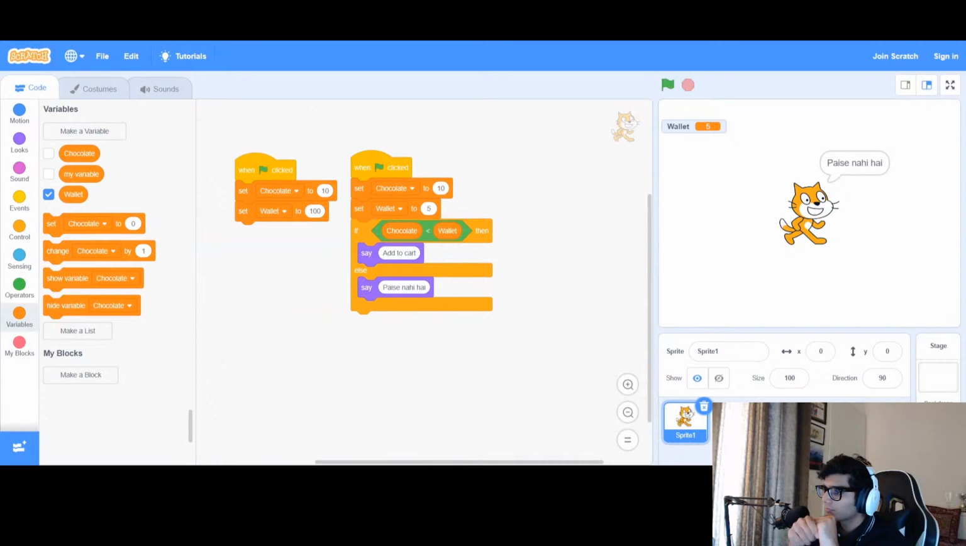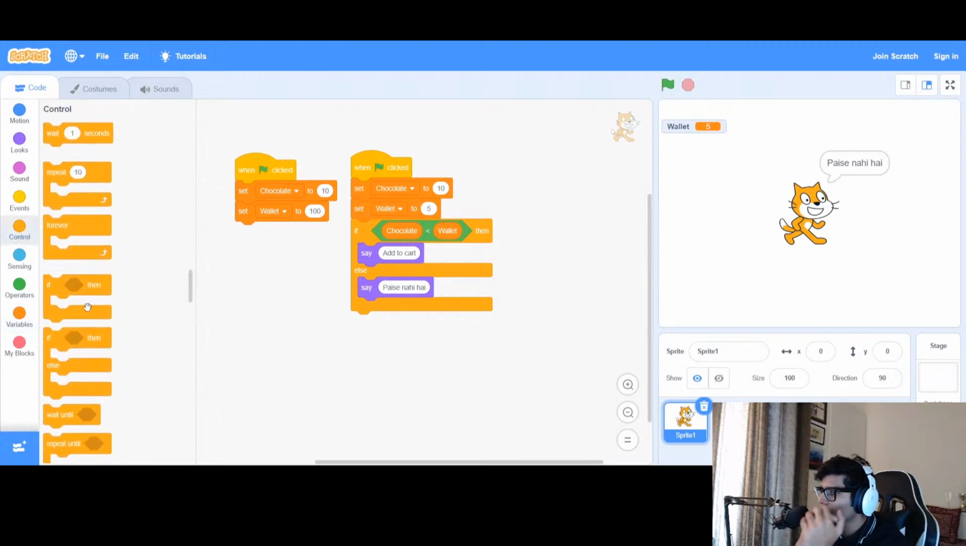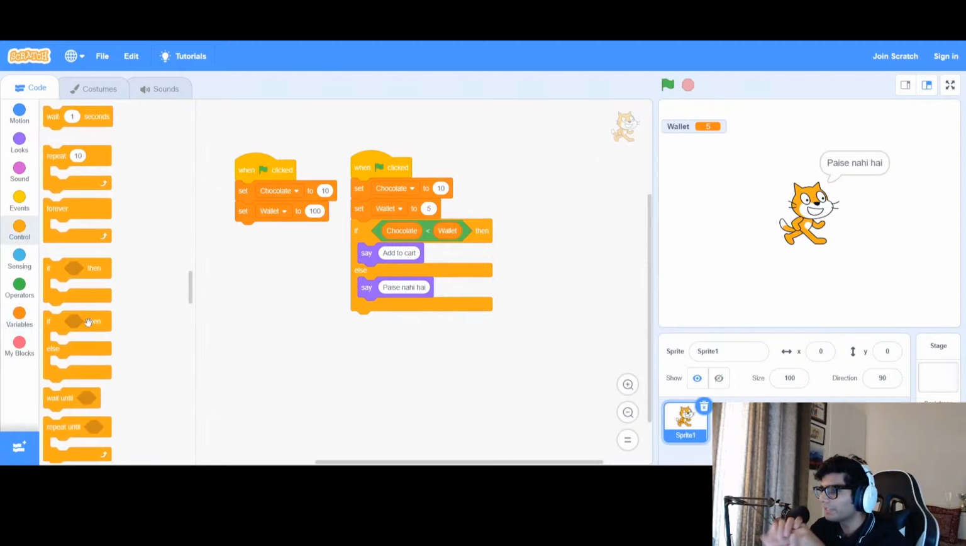उसके बाद हमको चेक करना था कि अब चॉकलेट और वॉलेट की वैल्यूज में क्या रिलेशन है, कि अगर चॉकलेट की वैल्यू वॉलेट से कम होगी तो हम चॉकलेट खरीद लेंगे, चॉकलेट की वैल्यू वॉलेट से ज्यादा होगी तो हम चॉकलेट नहीं खरीद पाएंगे। तो हम आए कंट्रोल में, कंट्रोल में आके हमने यहाँ से इफ एंड देन वाली स्टेटमेंट उठाई और हमने यहाँ पे डाल दिया। उसके बाद अब हमें इफ में चेक करना था कि जिनको हमें कंपेयर करना था,